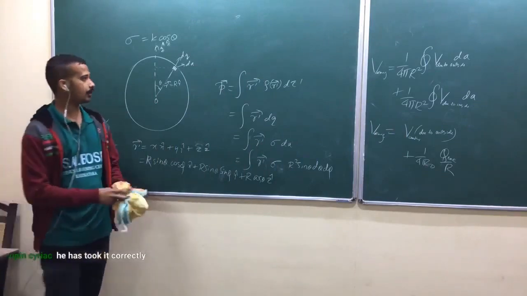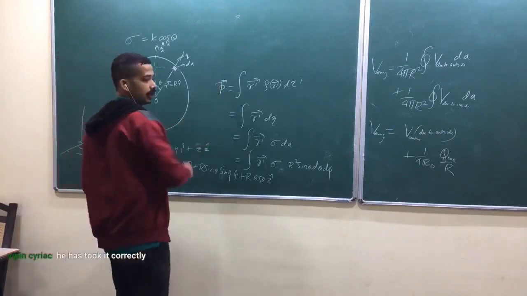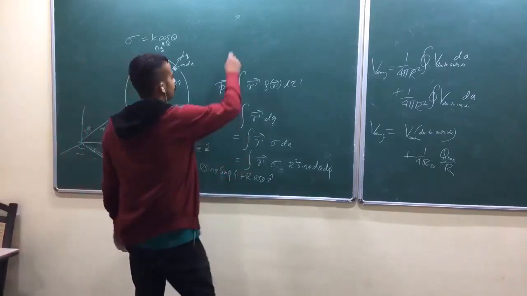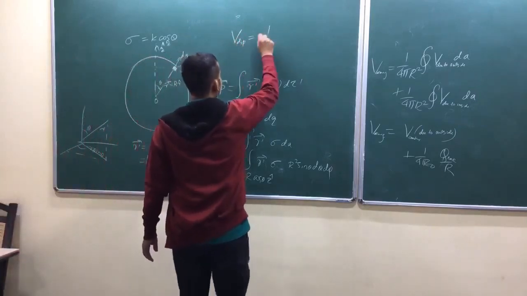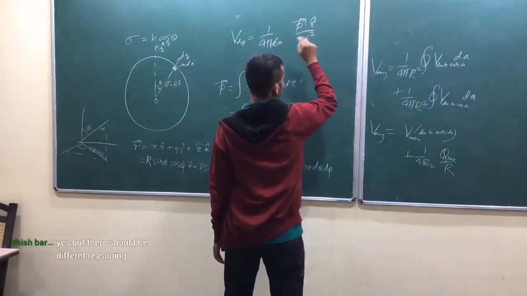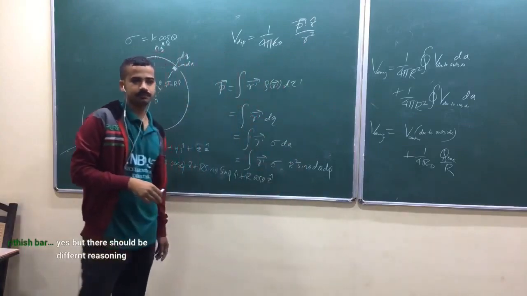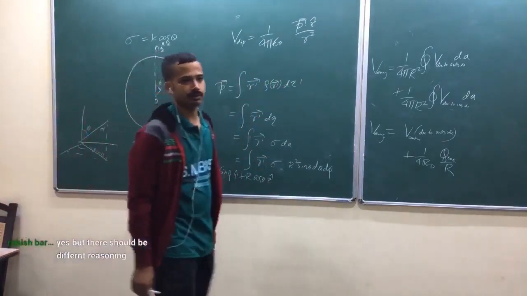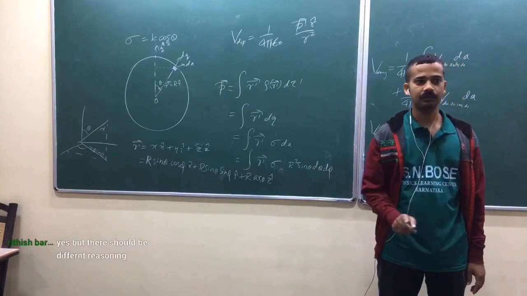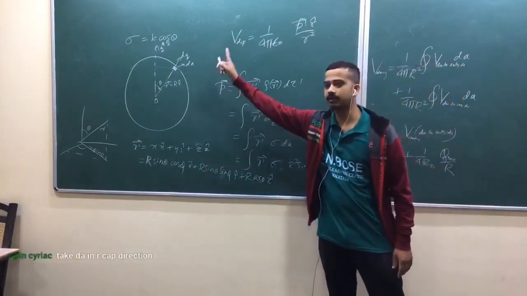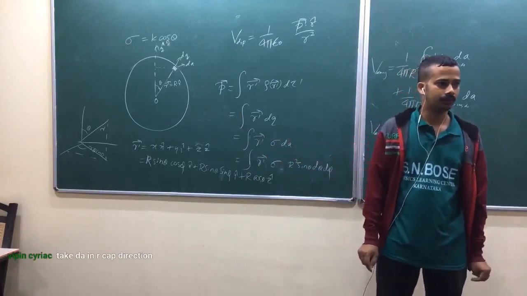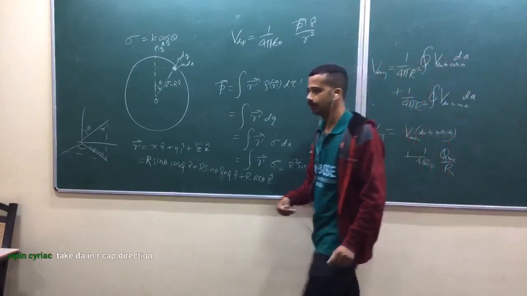Now, once you find the net dipole moment, again the monopole moment is 0. Am I right? In this configuration, monopole moment is 0. Now, how do you write V dipole? 1 by 4 pi epsilon naught, P cos theta by r square. Remember that when you align your dipole moment along z cap, and here it is along z cap, your answer is along z cap. So you can directly use this formula. Is that okay?